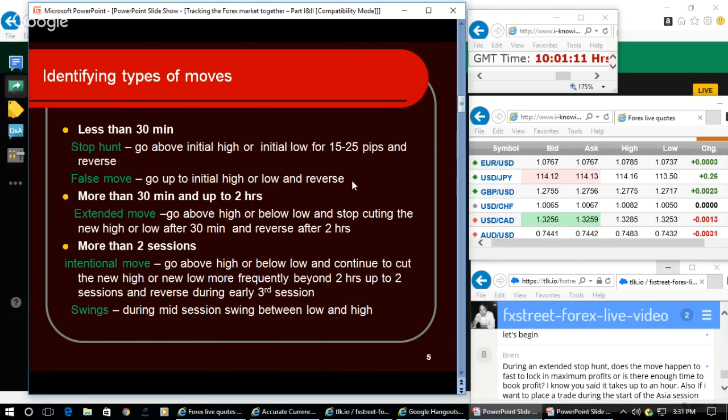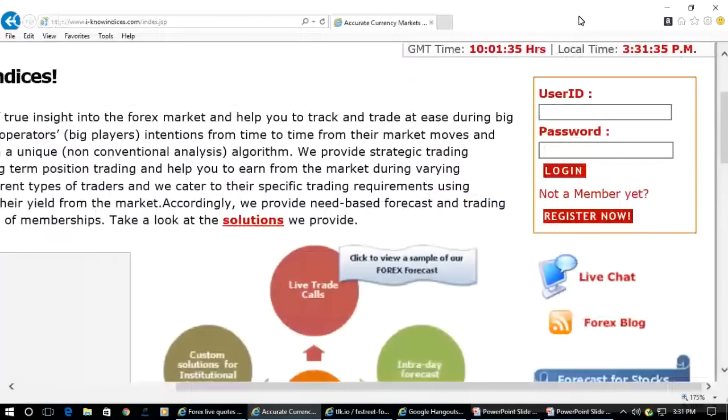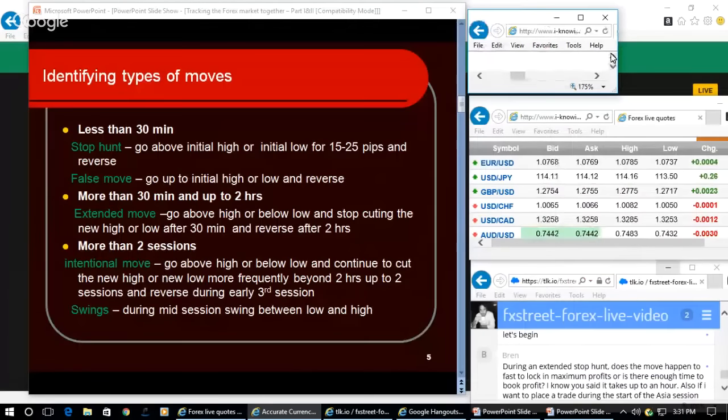So you need to understand that understanding the type of move alone will help you make money from that other market, and understanding the move in relation to that other time frame. You watch that GMT time frame, which I have shown here. So it is very simple. On my website, if you just go to the top, you find a top heading with the GMT time and your local time. So automatically it converts and gives the GMT time frame. So you need not worry about what GMT time it is.